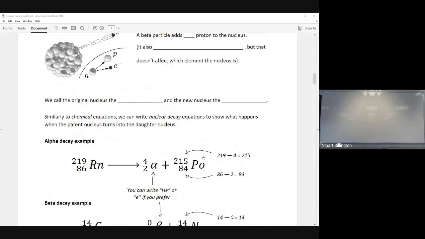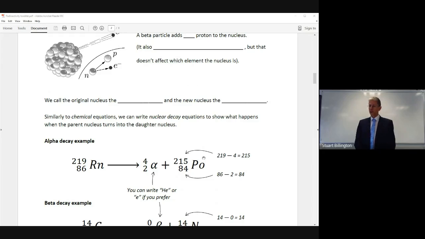There is an example on the screen for how we might summarize this. So it looks a lot like a chemistry equation, a chemical equation. And in a chemical equation, you've got the reactants on the left-hand side and the products on the right-hand side, and the arrow is pronounced turns into or makes or produces. So in this case, we haven't got a chemical equation because we're dealing with atomic nuclei,